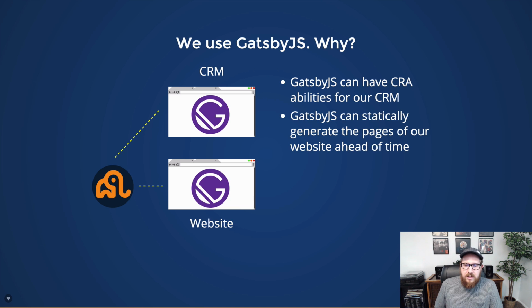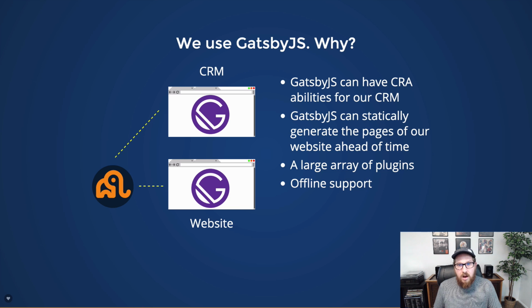It can statically generate those pages way ahead of time. It has a lot of plugins. It has offline support. So if somebody's got some spotty service, as long as they've visited those pages before, they should have access to them. And it's extremely performant. So those are things that absolutely make sense to go the extra mile and get it